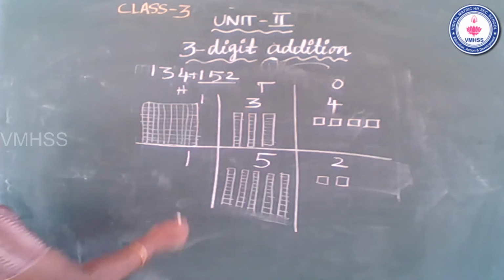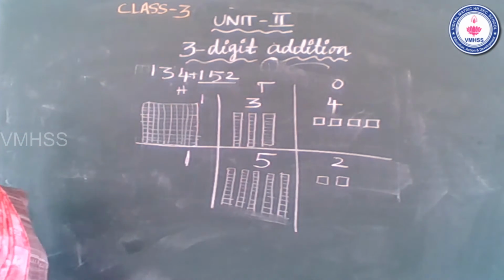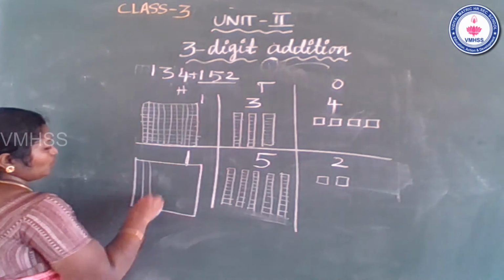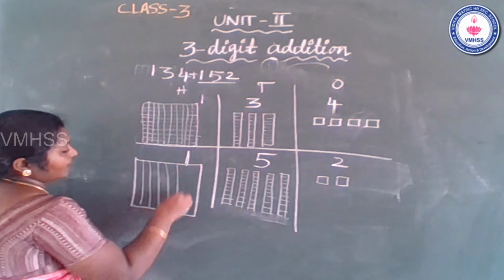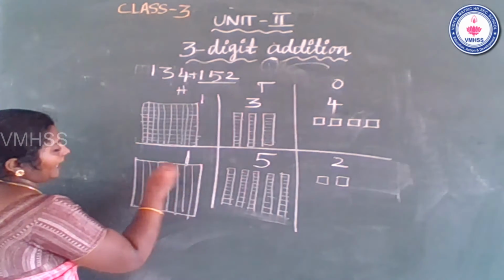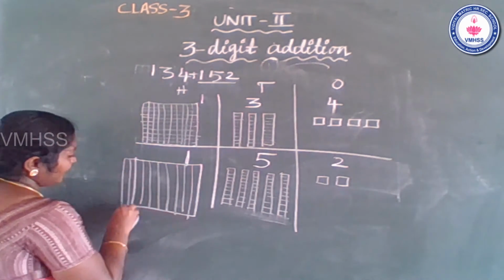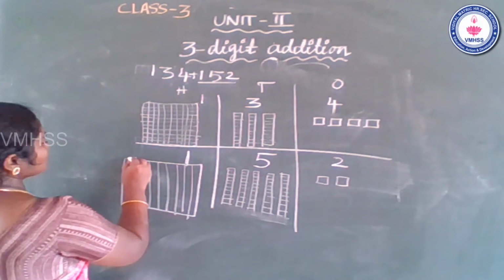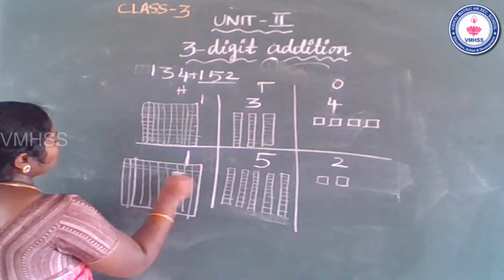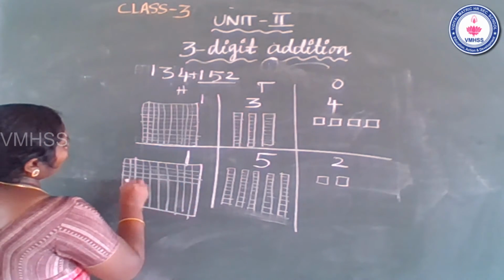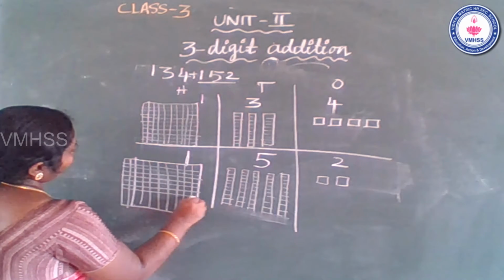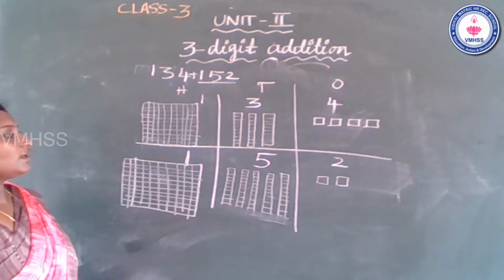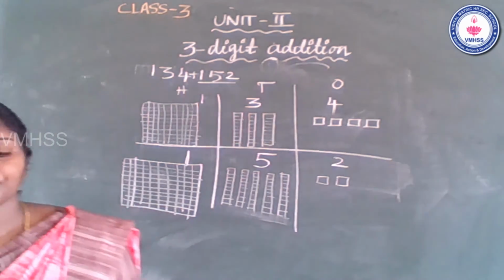Okay, do you understand? So next 100 value 1. Okay, so draw 100 dots. 1, 2, 3, 4, 5, 6, 7, 8, 9 and 10. So rows and columns equal to 10. Okay, so say 1, 2, 3, 4, 5, 6, 7, 8, 9 and 10. Okay, so now go to counting.